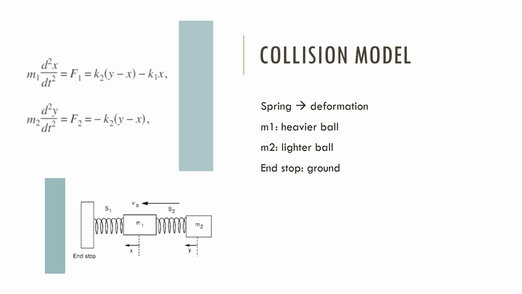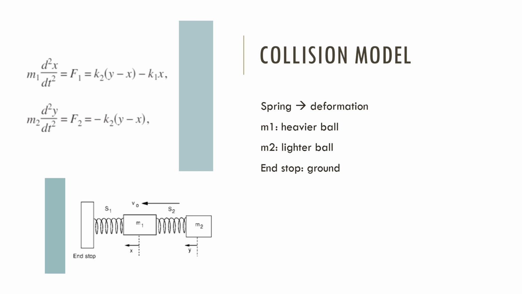And also from the graph, we can see that x is the coordinate of the center of mass of M1 and y is the coordinate of the center of mass of M2. In which case, the compression of S1 can be equated to x, and the compression of S2 is y minus x. While the springs remain compressed, we can write the equations of their motions as the upper two equations. I put them on the left,